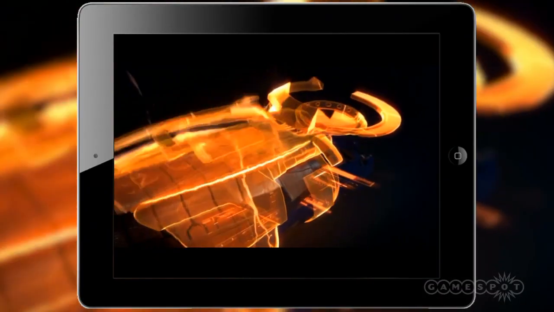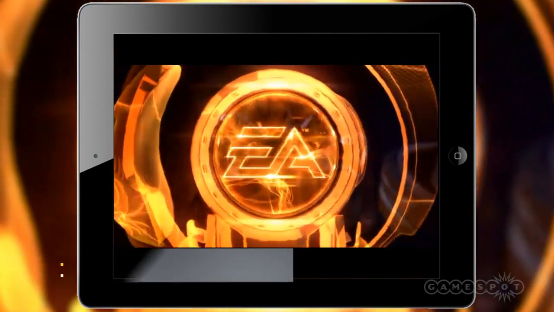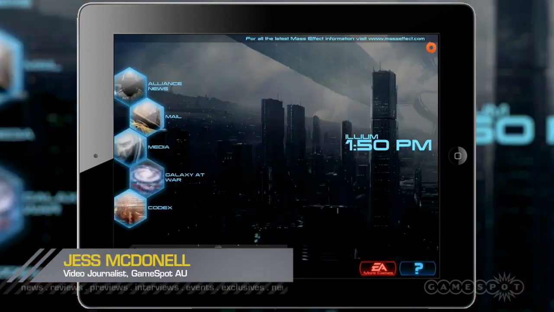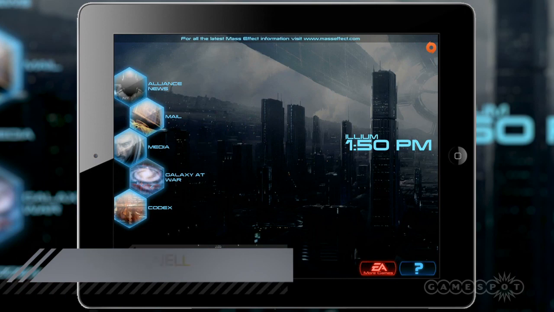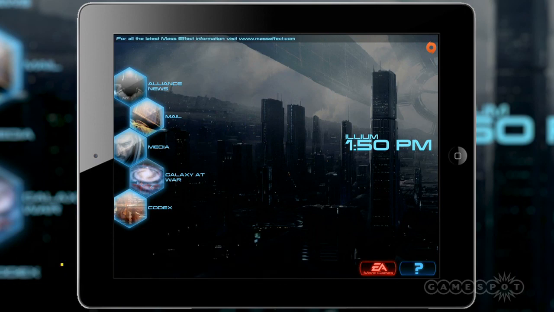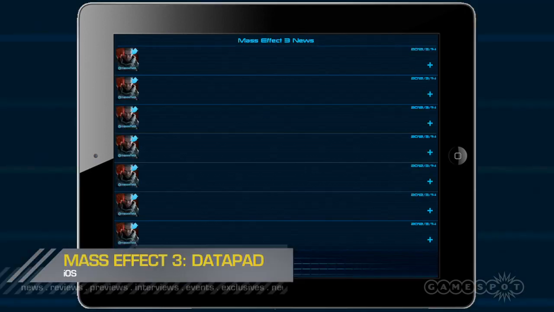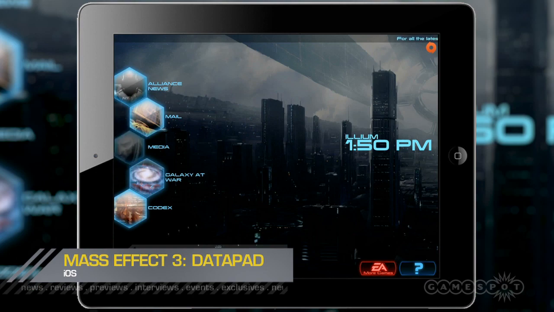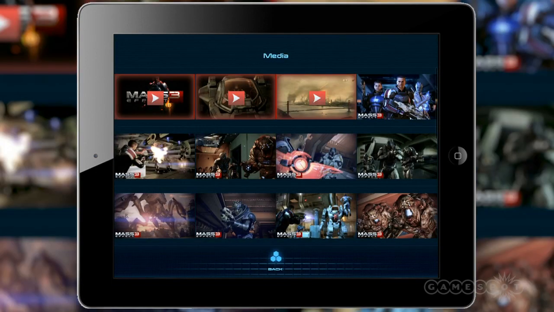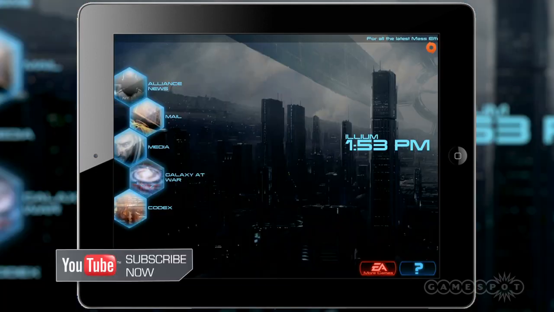Well, the highly anticipated Mass Effect 3 Datapad app, which up until now has been very ambiguous and lacking in the details, is out in full force on iPads and iPhones everywhere. Sorry Android users, EA doesn't love you. It's definitely more of a companion fan app than a game, but that doesn't mean you shouldn't grab it, and